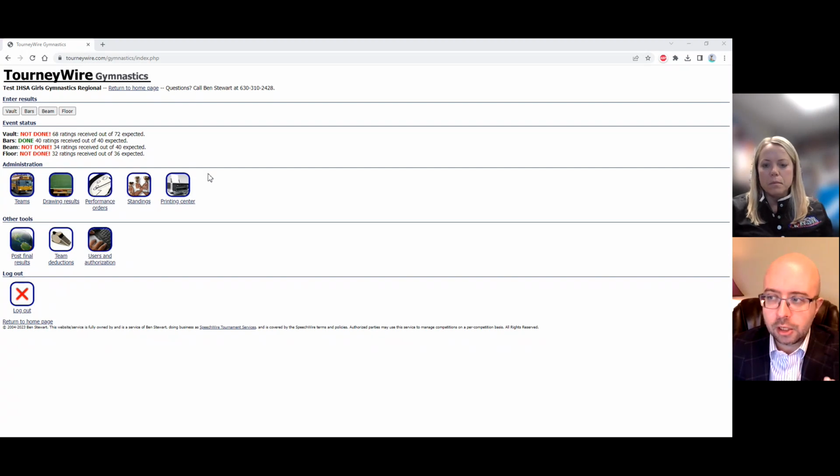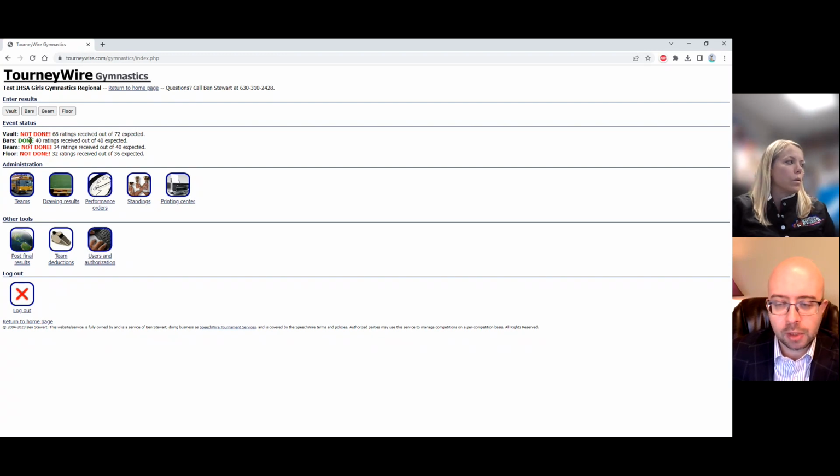So when your meet concludes and you've started to see that these event statuses are beginning to show done, you'll notice that bars for my meet is fully tabulated at this point. Vault is almost done. Beam and floor are almost done. Once these start showing done, which means all of the scores are in, you can go to Printing Center, and